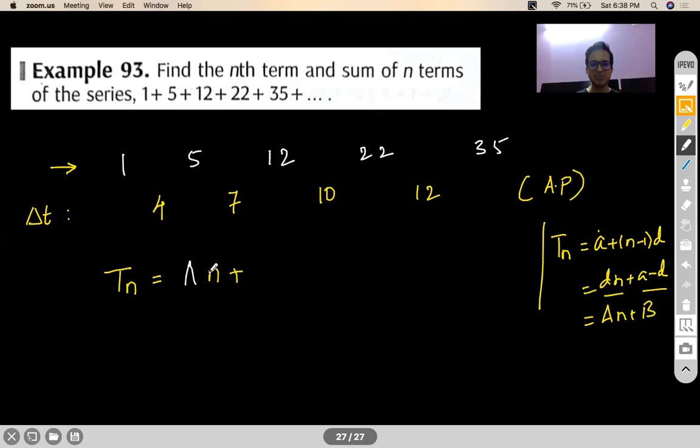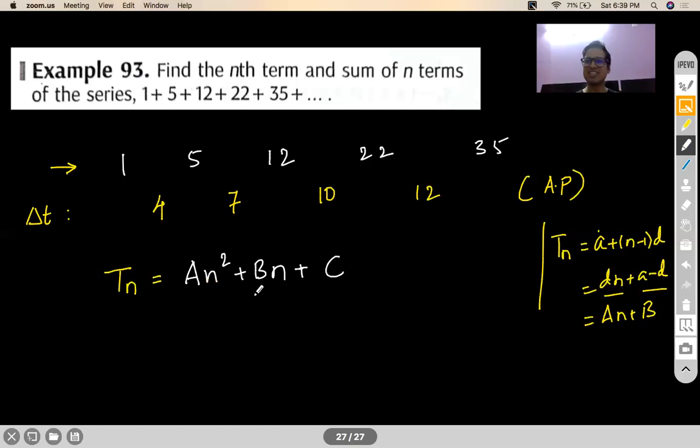Okay. So please remember, had your terms here been an arithmetic progression themselves, your nth term would have been a linear function of n. But right now your difference, that is the first difference, is an arithmetic progression. If your first difference is an arithmetic progression, then this whole thing will basically change to a quadratic in n. Are you getting my point?